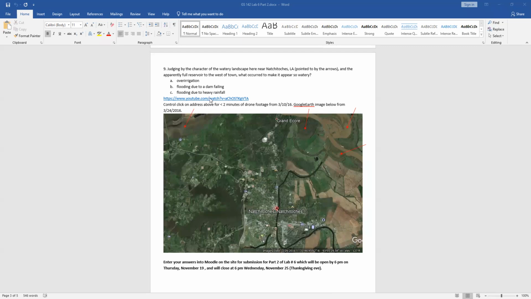And you can actually go and watch a YouTube video of a little bit less than 2 minutes of drone footage that someone took from March 10th of 2016. And this picture here was dated at March 24th of 2016. So 2 weeks later is when this Google Earth picture is from, whereas this drone footage is from 2 weeks previous to the picture, okay? So you'll have the same deadline for this part as you will have for the